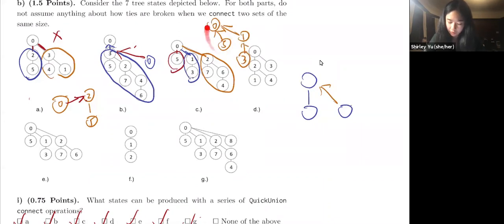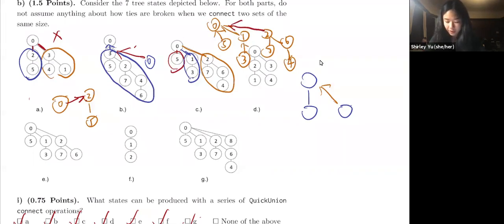Directly to the existing component of 0 and 5, because 1 and 3 is also of size 2, the same size as the existing component. So similarly, for this entire component, we know that it's always possible to generate something of this shape because we already analyzed the first part of the same shape. So it's definitely valid to just append this entire thing of size 4 directly to the remaining component,